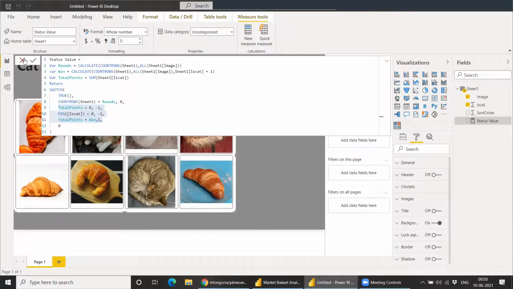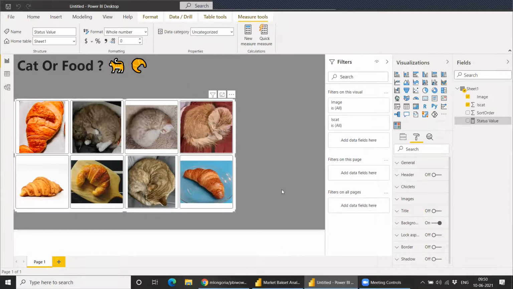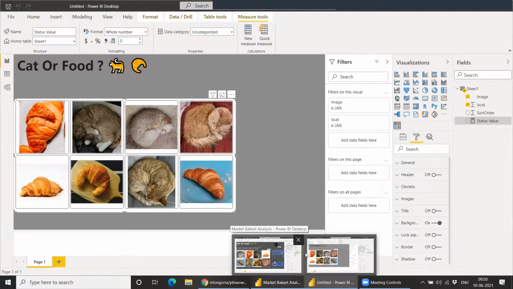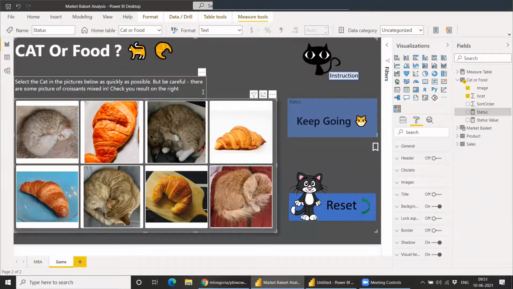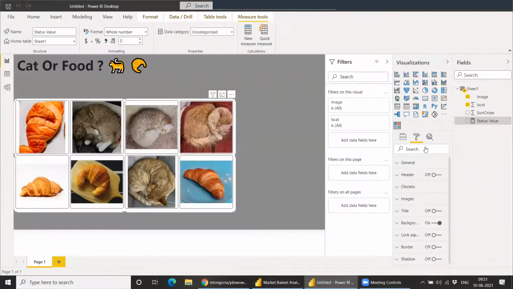Okay, based on this output, we'll create a status, mostly in English for users to understand. We'll use another switch function, or if we want, we can just have it in the same switch function. Let me show you. The status value.